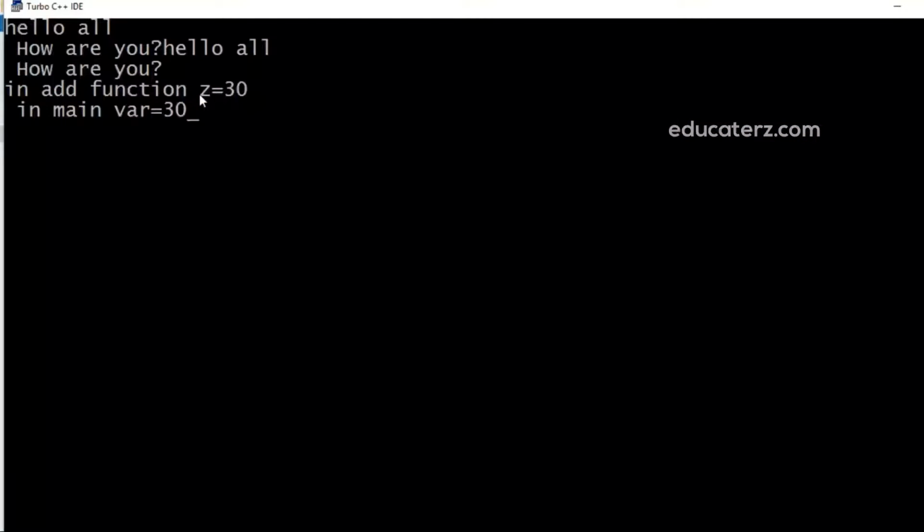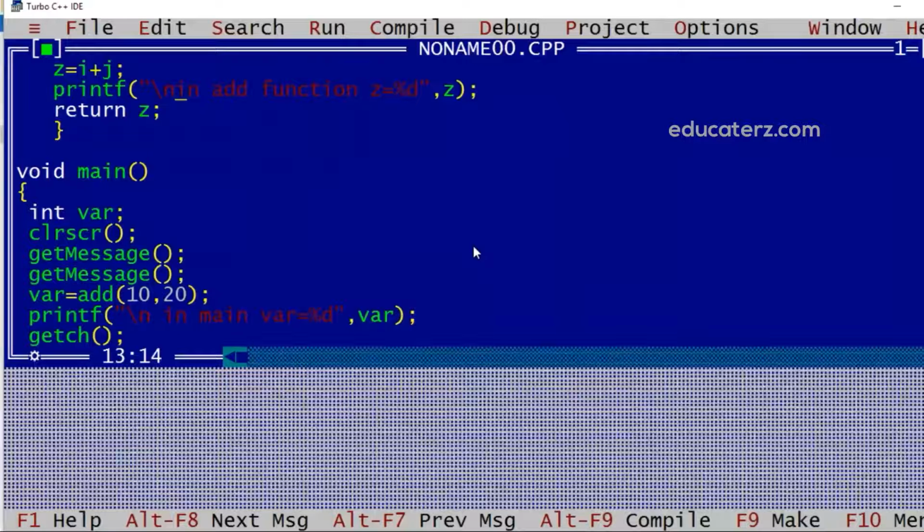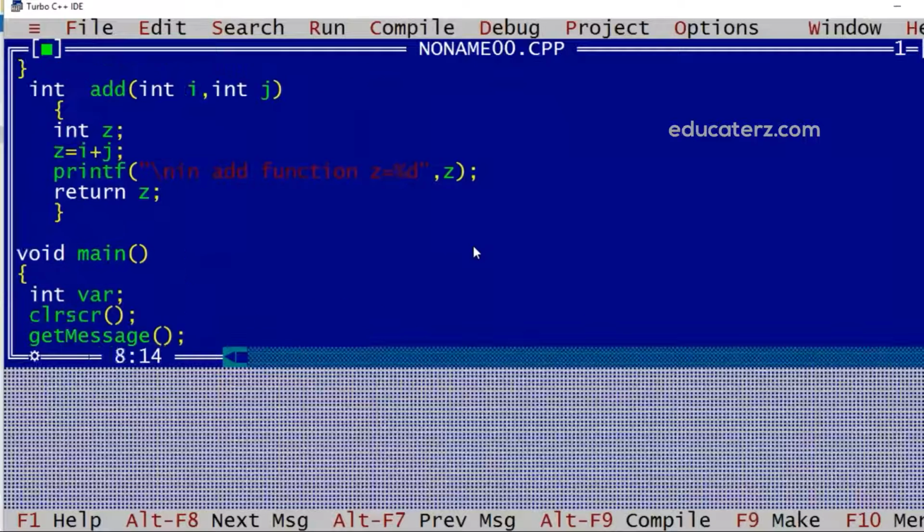Now if I execute this, we are getting hello all, how are you twice. Then in add function, inside the function this value is displayed and z is 30. Then it's coming back to main and again the value is displayed in main var equal to 30. So this way we can have parameter passing to the function as well as returning some value from the function.